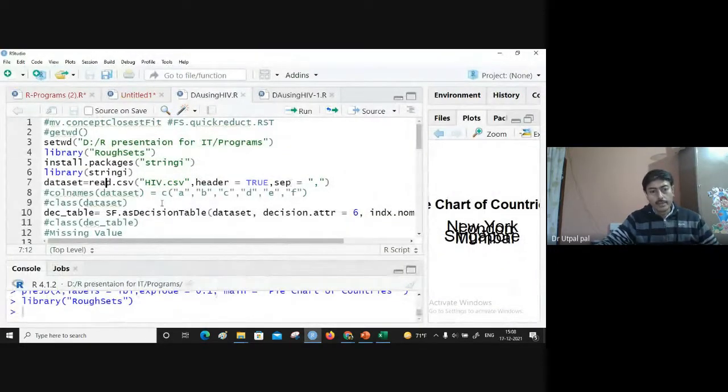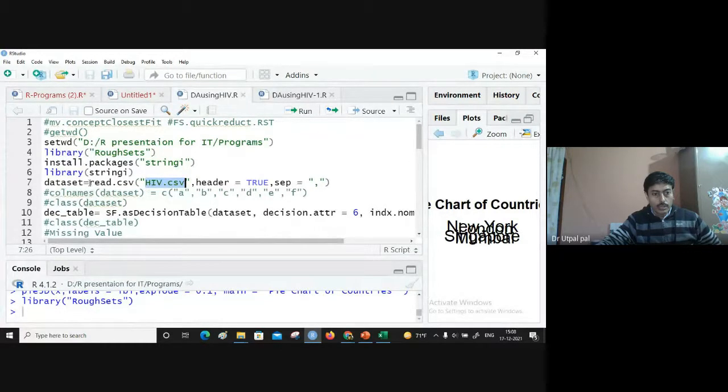Now, this data set is stored in this folder, because this is my working directory. In drive D, in this folder, I have created a folder called program. In this folder, I saved my data set. The name of the dataset is hiv.csv. It's a comma separated value file.